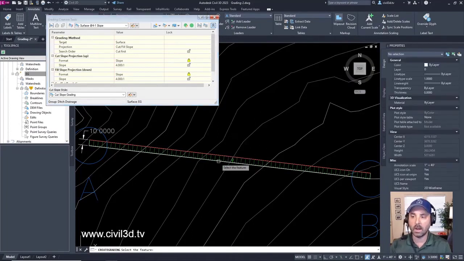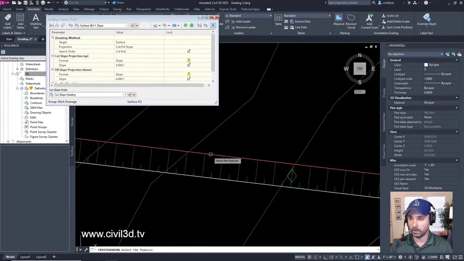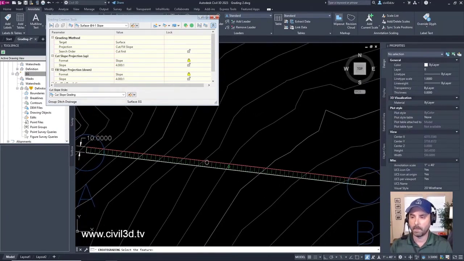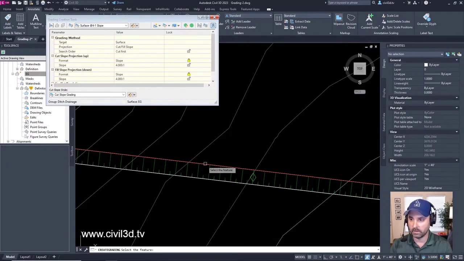And the feature line, we're not going to select the original feature line, because whenever you create a grading, it automatically creates a line that, however it looks on your screen, is kind of like a pink, salmon colored line right here. This is actually a feature line. So a grading object will create feature lines for you. So we're going to select this, and we're going to apply to the entire length. Select yes.